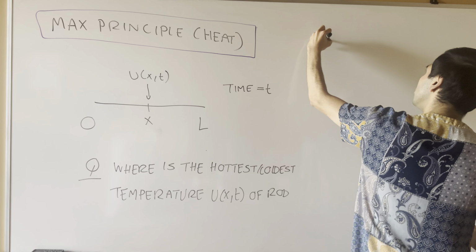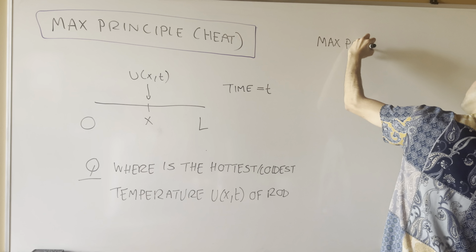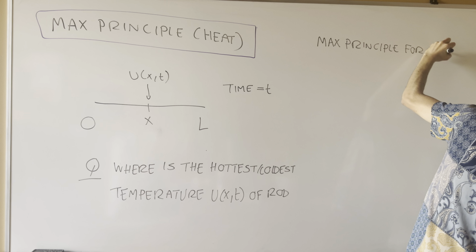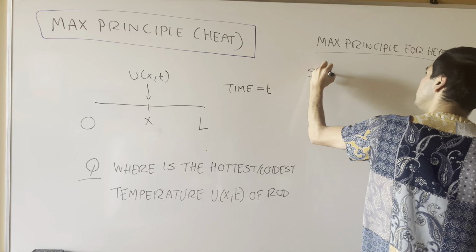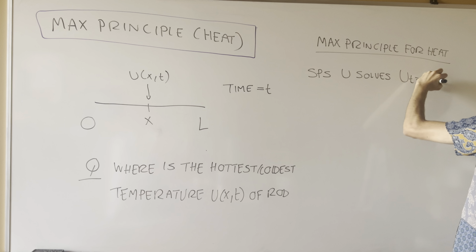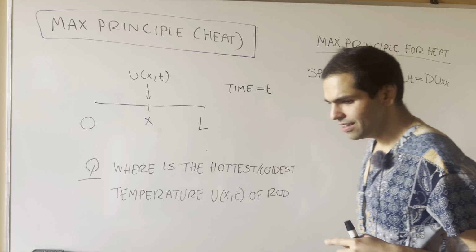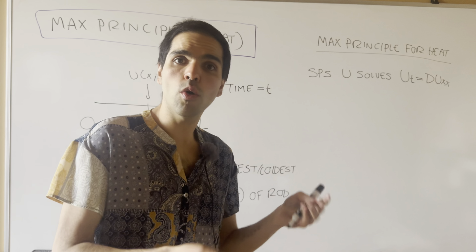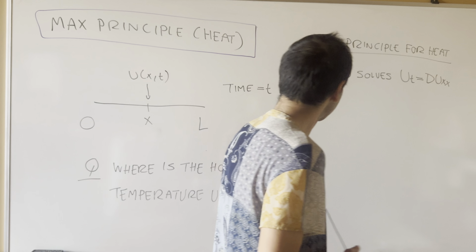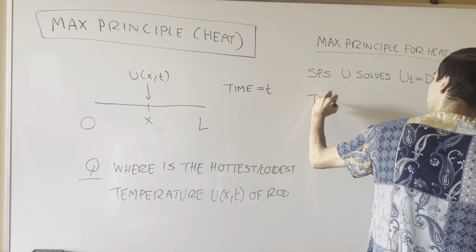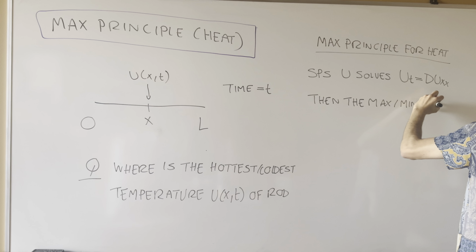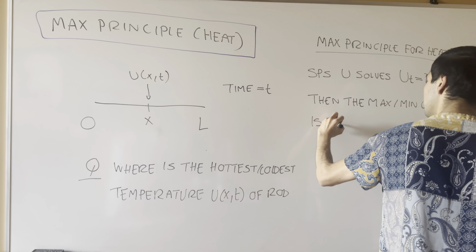So without further ado, here's the maximum principle for heat. Suppose here u solves u_t equals d u_xx, then both the hottest and coldest temperatures are attained in one of three places. Then the max and the min of u is attained